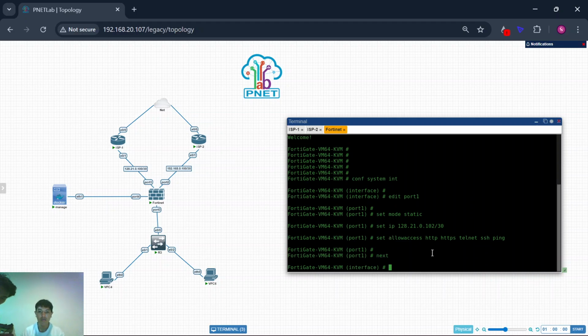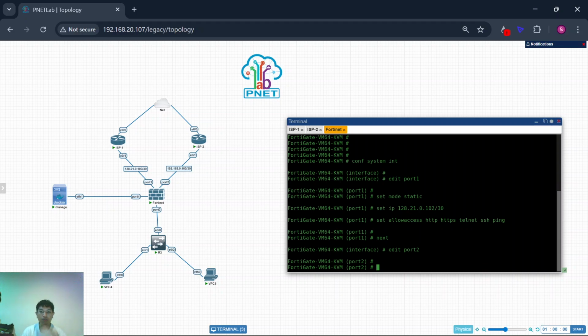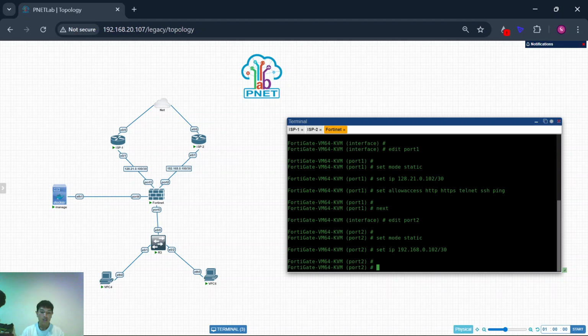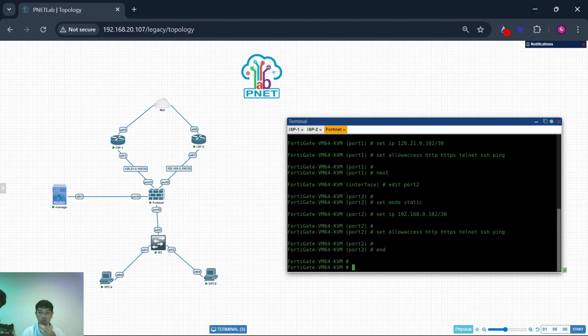And now next, go back to interface and edit port 2. This is to change from port 1 to port 2. Set mode static, set IP 192.168.0.102/30 and set allowaccess HTTP HTTPS telnet SSH ping and end.